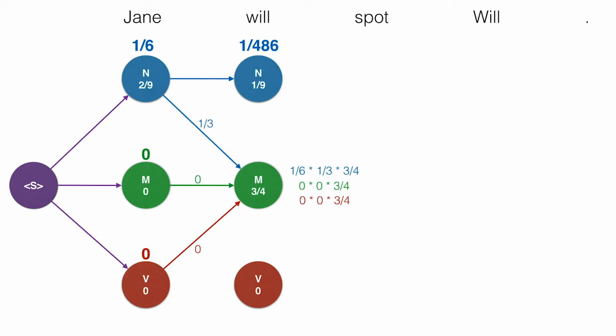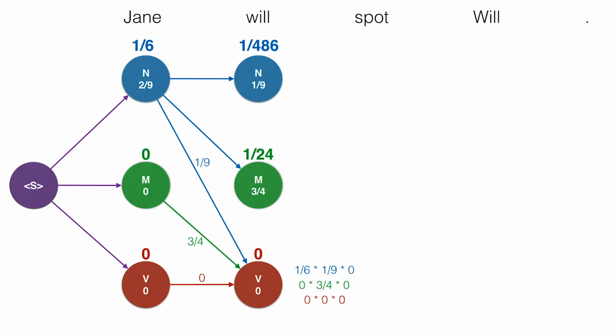Now we'll continue this algorithm, and feel free to sing along with it or pause the video if you'd like to do the calculations in detail. For the M node, the competing probabilities are 1/6 times 1/3 times 3/4, 0, and 0. So the winner is the first one, which is 1/24. And again, we keep the blue edge since it gave us the highest value. For the next one, it is 0, since the 3 of them are 0. Here we can keep pretty much any edge, since they all give us the same value. Since it's 0, in order to prevent cluttering, let's actually not keep any of the edges. We'll continue doing this in the future when we get all zeros.